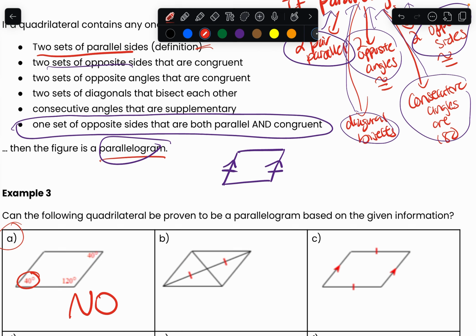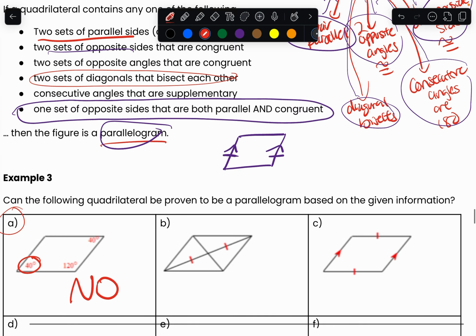Do we have diagonals that bisect each other? Well, let's take a look at this one. Like I said previously, when you have a parallelogram and your diagonals are bisecting each other, then this means this and this have the same measurement, but this also means that this and this have the same measurement, and the information right here is missing one pair for us. So there's insufficient information to prove this is a parallelogram through this statement right here. So we have to continue checking.